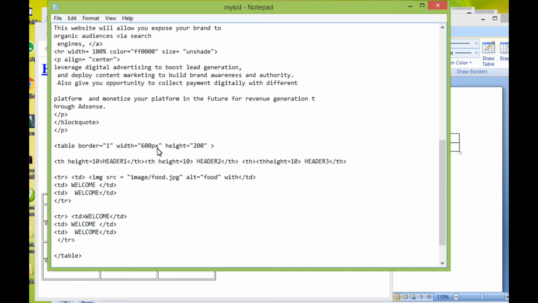Otherwise, if we are using percentage, our table should be in 100%, and the internal cell of the table that will contain the image will be approximately 100% each. We can decide to make each one 75, 70, but all will be approximately 100%. So when we say that, I will say the width